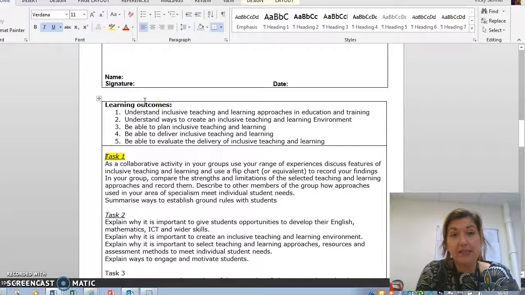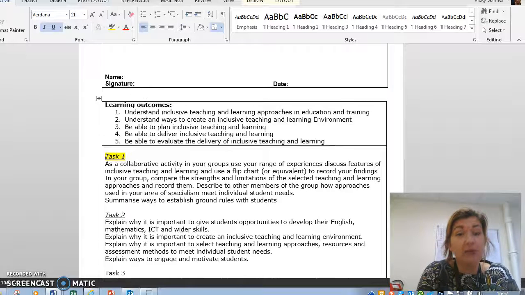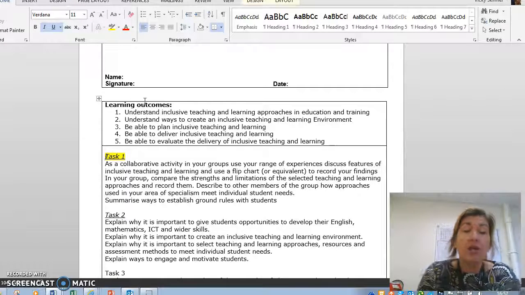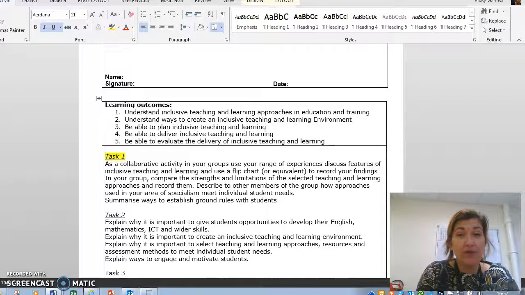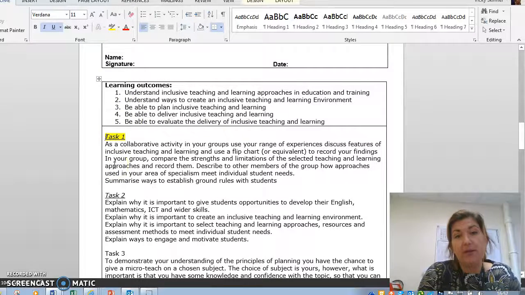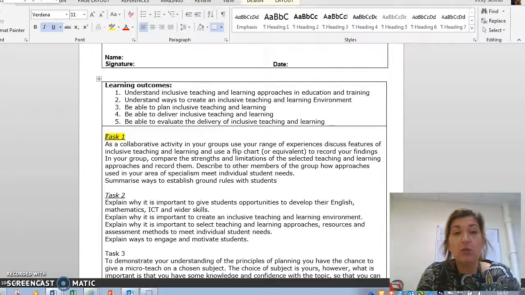So I will put you into designated groups and you will have a discussion to start with, looking at what the features of inclusive learning is. So we've covered this in class, and you really want to talk about what inclusive learning is and how you would implement it in your learning environment. You're going to use a flip chart, so you're going to create a mind map, and as you are talking through your points, you need to write down the points that you were talking about,